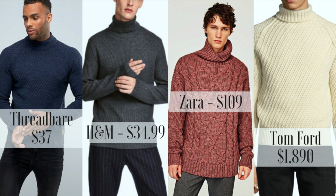Finally, I really love this Tom Ford one. It retails for just under $1,900, and it's hard to not love a winter white chunky sweater. I personally have a couple in my closet and I love them. I get a ton of wear out of them,